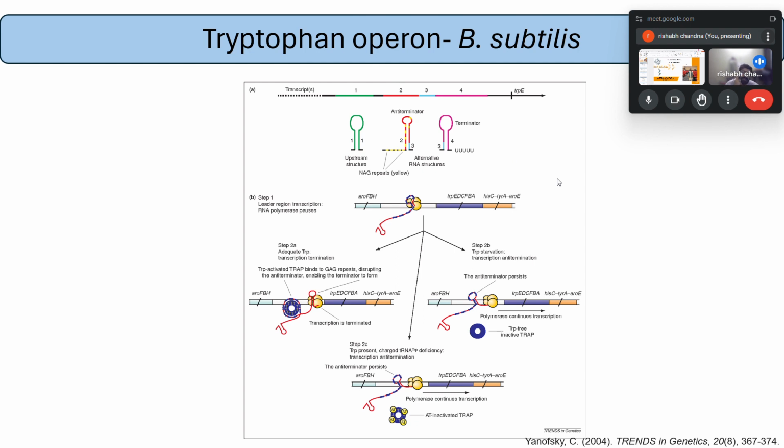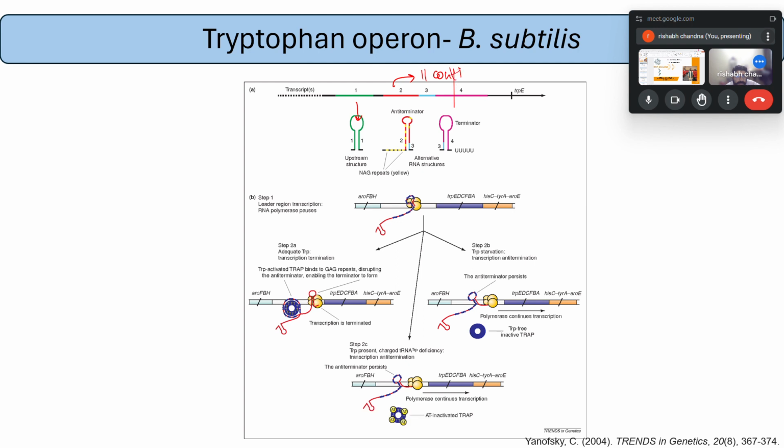Like there were four sequences in the E. coli tryptophan operon present in the attenuator, so here also four sequences are present, but here is the trick. The first sequence forms an upstream structure, a hairpin loop in itself. The second sequence has 11